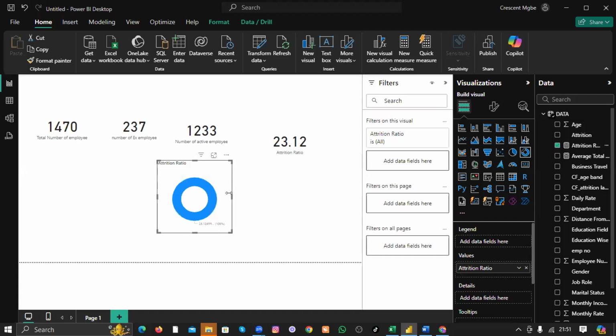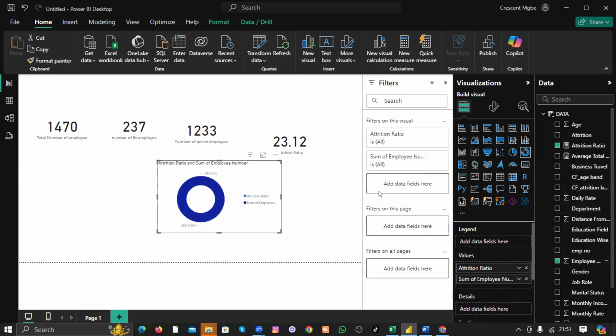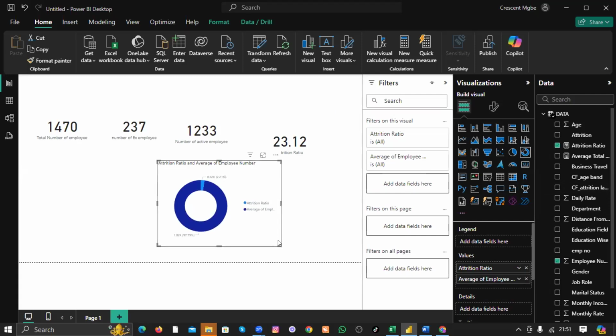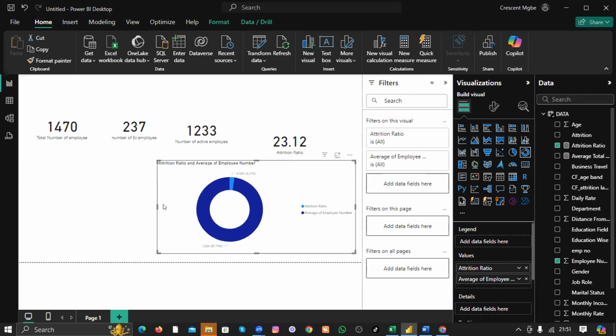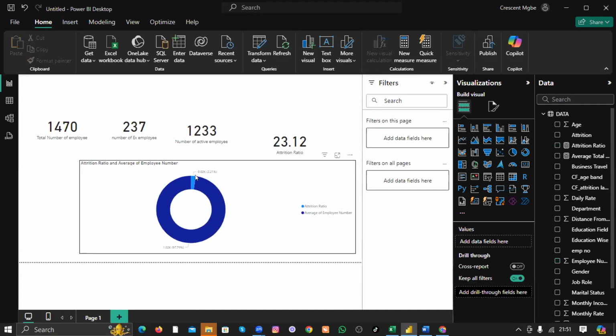Yes, you can see it's big. Then let's put the total number of employees. Then let's filter it by the average. Good, guys. Can you see this? The attrition ratio is so low. Can you see this thing? I want to make it bigger. I don't know if you're seeing. It is just 2.2%, while the total number of staff is